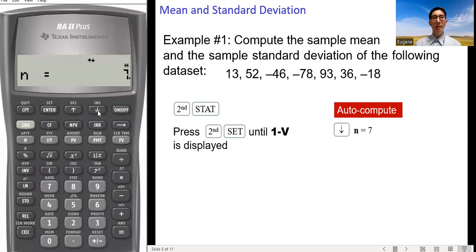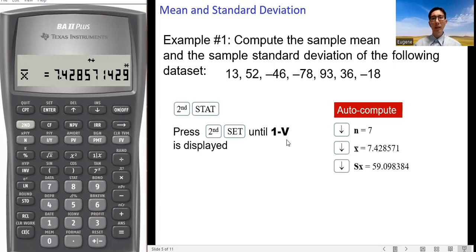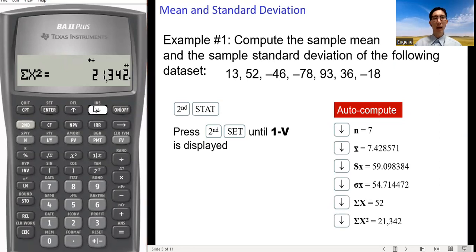The sample size 7. Sample mean. The next one, sample standard deviation. And then the population standard deviation. Sum of x and sum of x squared. You can retrieve any quantities by pressing the up or the down arrow key.